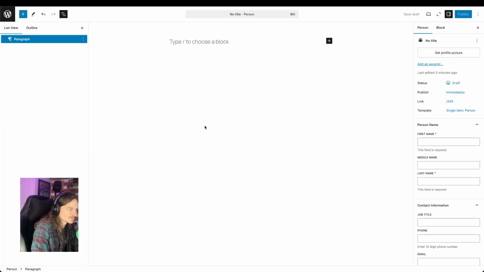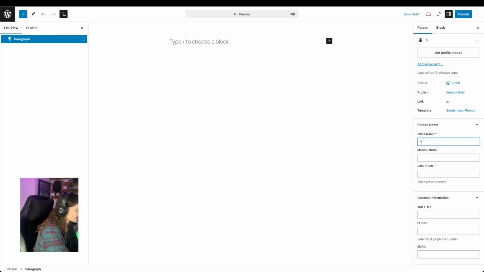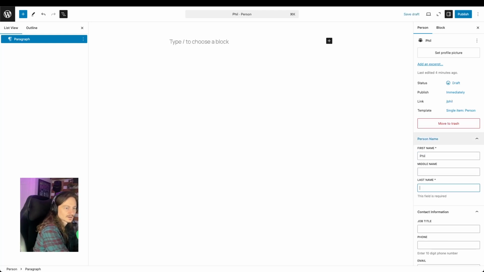If we go back over here, you see we don't have a title. I'm hiding that on purpose. We do support it in the custom post type, which we need for certain query loops to work correctly. But we've hidden it with some styles because we are going to dynamically generate it with the name. So if I type in my name here,